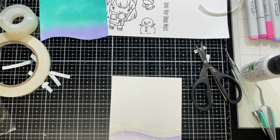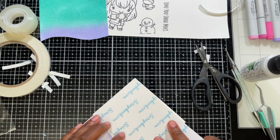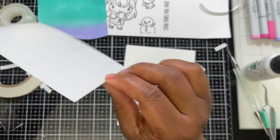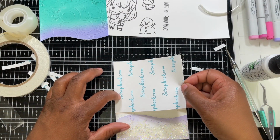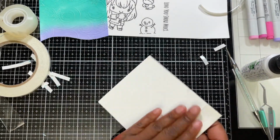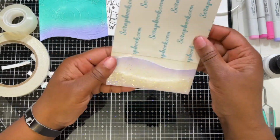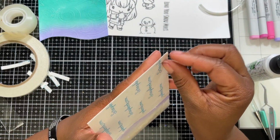So now we are going to start adhering our embossed panel down to our base. I mean, not our base, our panel. And I'm using scrapbook adhesive sheets. These are honestly a lifesaver if you don't want to run out of tape runners, right? So I had a bunch of scraps around, and I went through my scraps and looked for one that would fit, cut it out, put it on there,